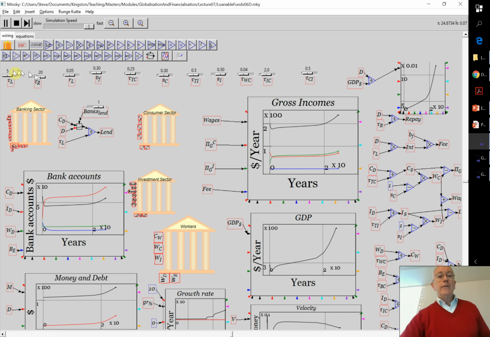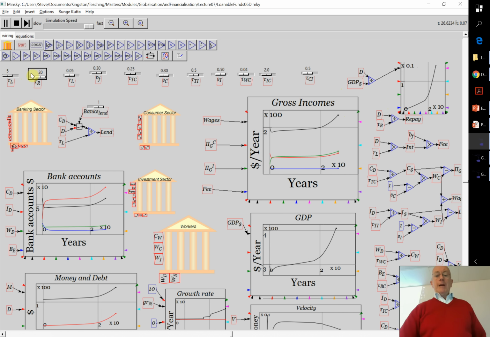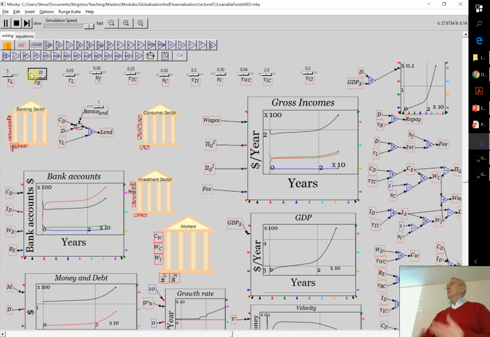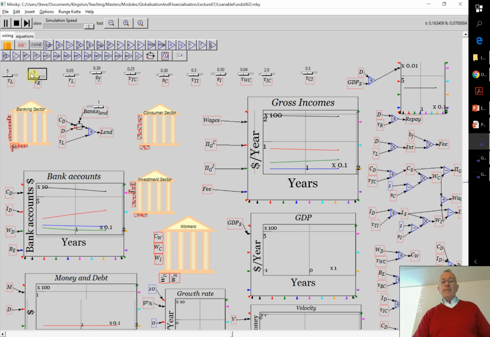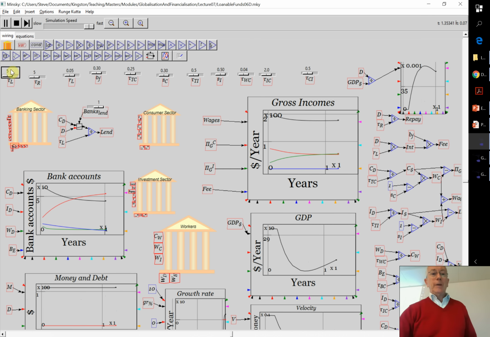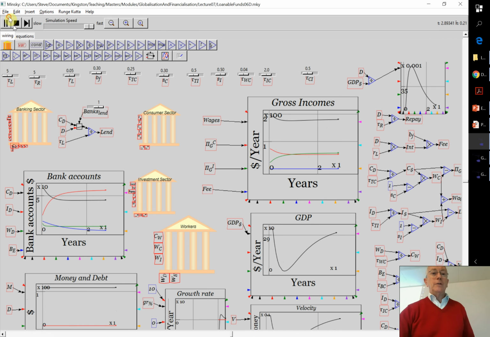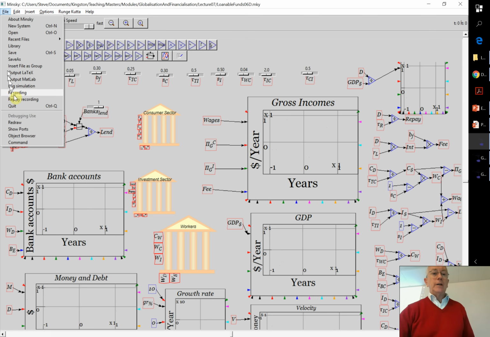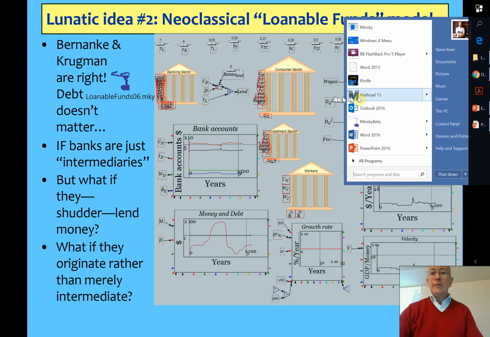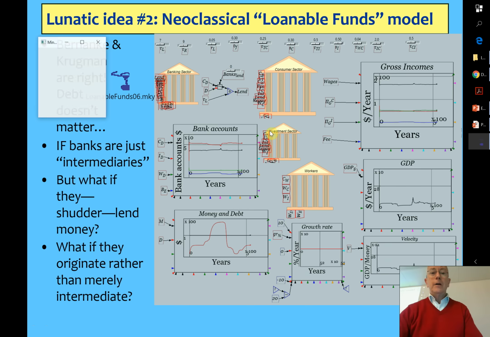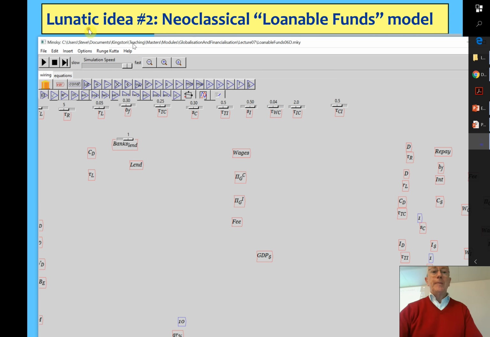If I now have a slowdown in the rate of lending, so rather than, make repayment happen more rapidly first of all. So rather than 20 years to repay, let's say it goes down to 5. This is another bug. It's reset the whole bloody thing. I might just have to actually stop that, save, and I'll restart it again. These are various little bugs that we need funding to keep software being developed. Minsky beta. Okay, let's see if I can do it dynamically this time.